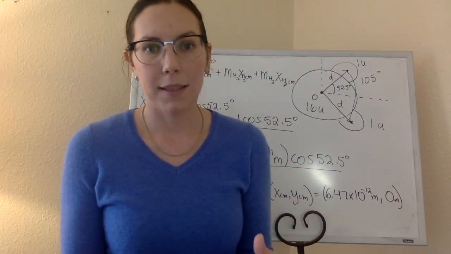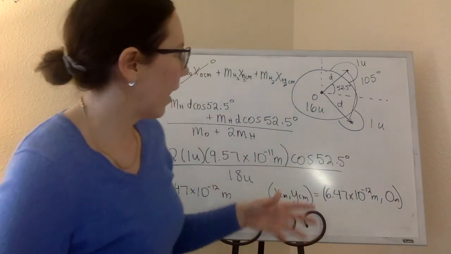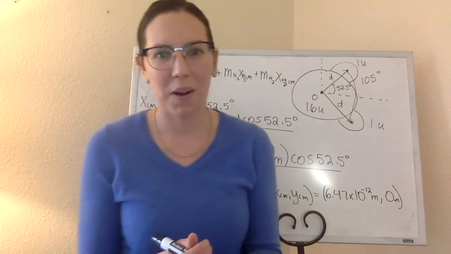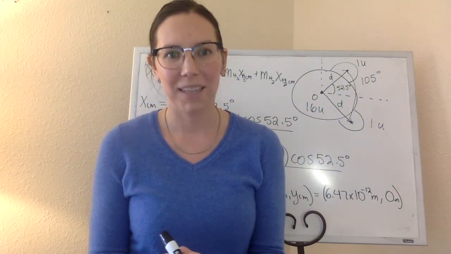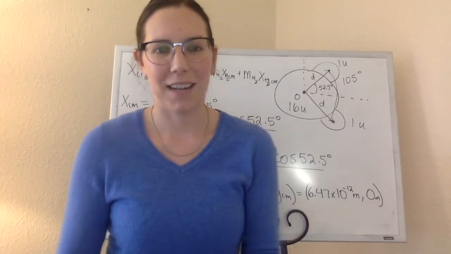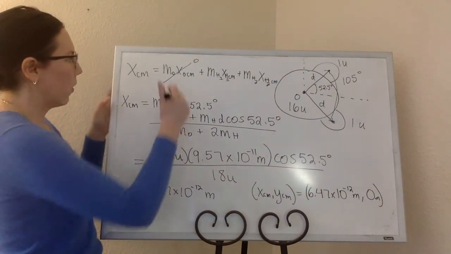So since that's centered on our coordinate axis, then we can split that angle to get the angle to the x-axis. Dividing it by 2, I have 52.5 degrees for each one. Okay, so let's calculate the x-coordinate for this center of mass. To find the x-coordinate, we're going to